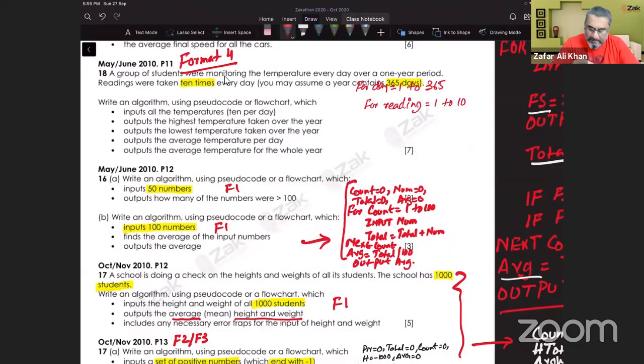Input all the temperatures, 10 per day. Input the temperature. Output the highest temperature over 1 year. Output the lowest temperature over 1 year. It means that we have to have these extreme values. Output the average per day and output the average of the whole year. So we will have total 1